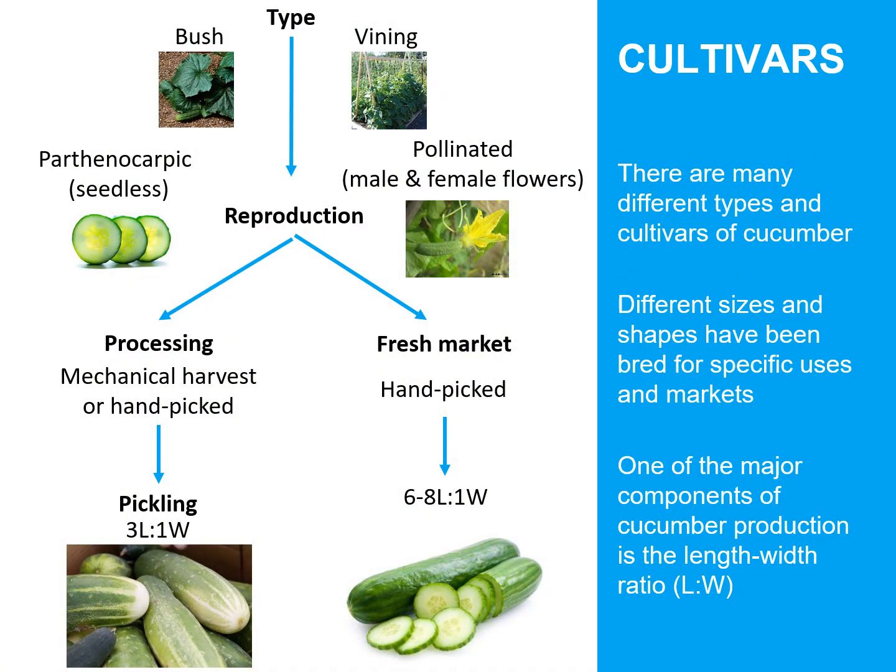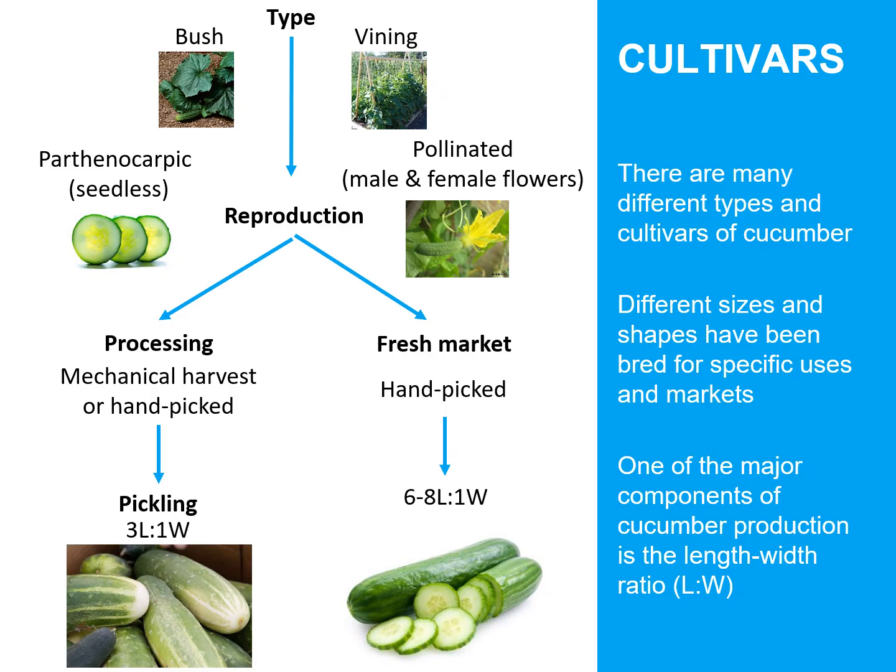So there are many different types and cultivars of cucumber, and this reflects differences in size and shape, and differences which have been selected for through breeding for specific uses and specific markets. One of the major components of determining the suitability of a cucumber for a particular market is the length to width ratio. In this diagram you can see there are two main different types of cucumber in terms of growth habit. There's a bush type and vining types, and both of those can either be what's called